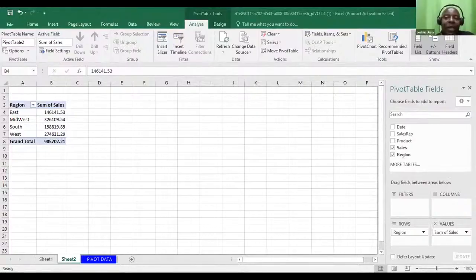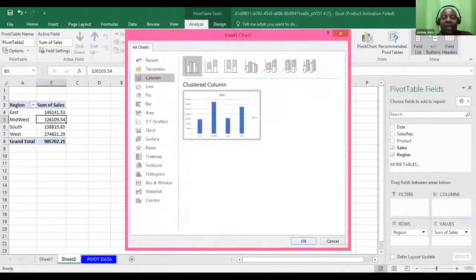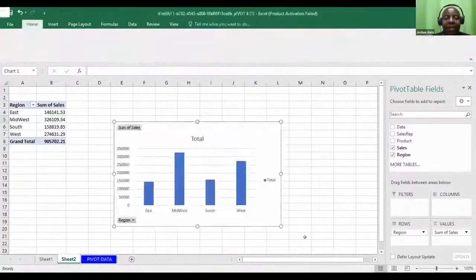On the right end, on top, you'll be able to see the pivot chart. Find your pivot. Yes. Great. Say okay.